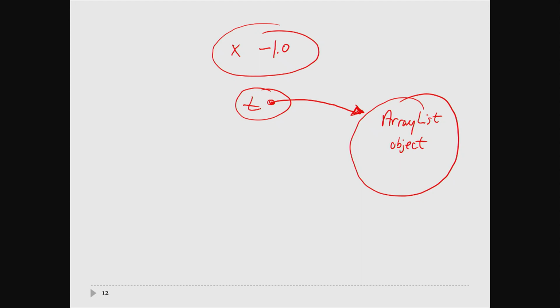So if it's a primitive type, the primitive type stores the value. In other words, x is the value -1. If you modify x, you modify that value. If it's a reference type, then t refers to some object. If you assign a new object to the reference, then what happens is